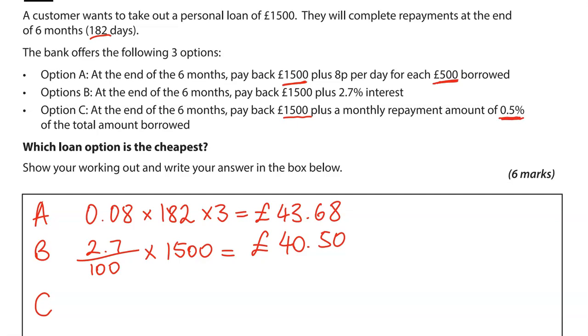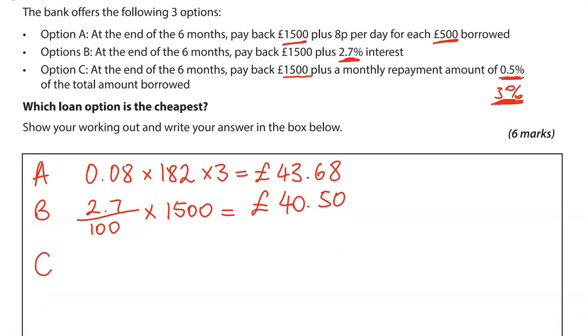0.5% per month, and there are 6 months, so that will be 3% in total, because 6 lots of 0.5 makes 3%. Right away that is higher than the 2.7%, but anyway we'll work it out. So that is 3%, so 3 out of 100 times